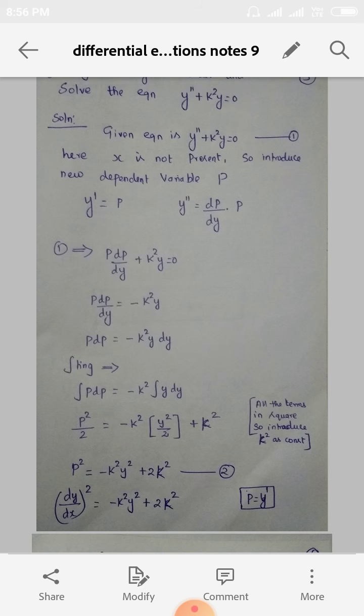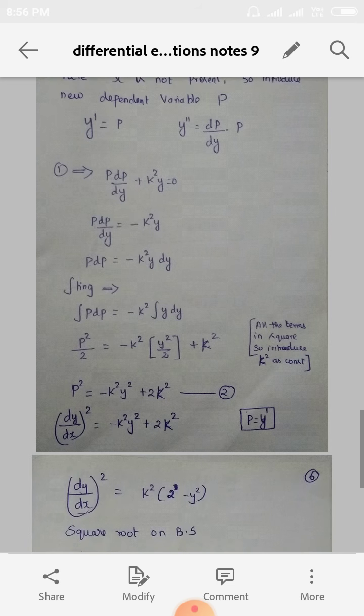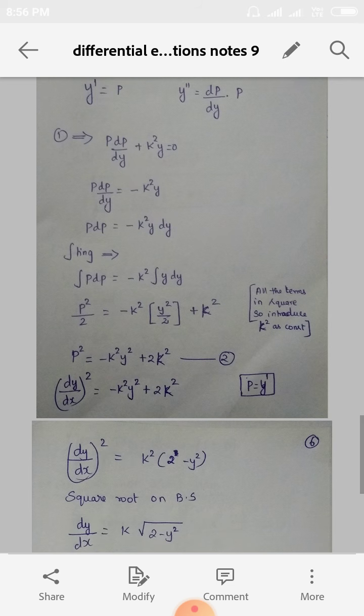Now, write the first equation. Just write y dash and y2 dash in the first equation. So, we get p into dp by dy plus k square y is equal to 0. So, we get p into dp by dy is equal to minus k square y. So, p dp is equal to minus k square y dy. Okay, the simple integration. So, we get after integrating p square by 2 is equal to minus k square into